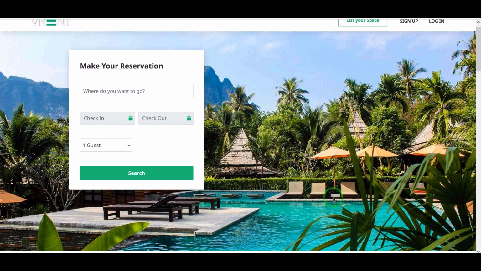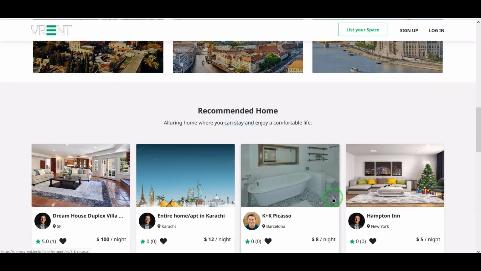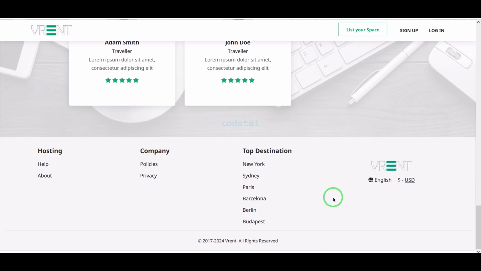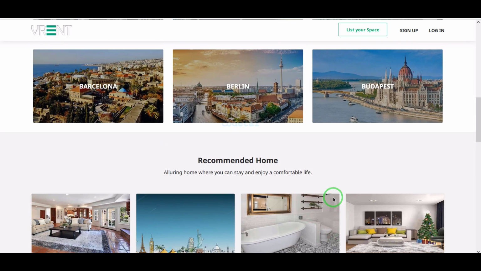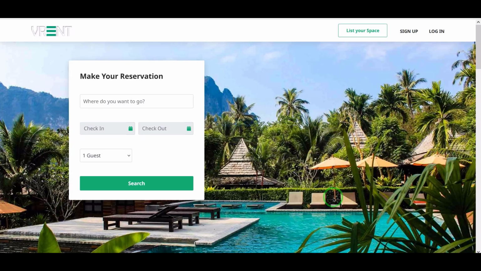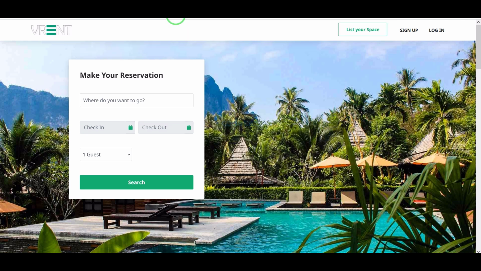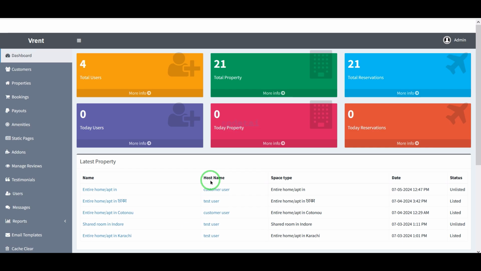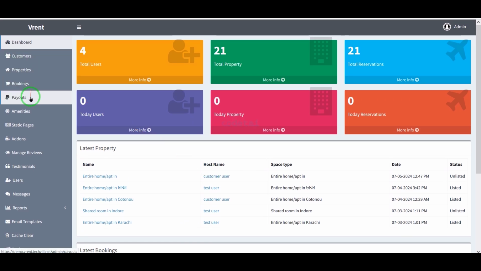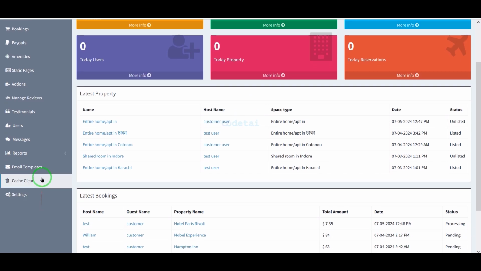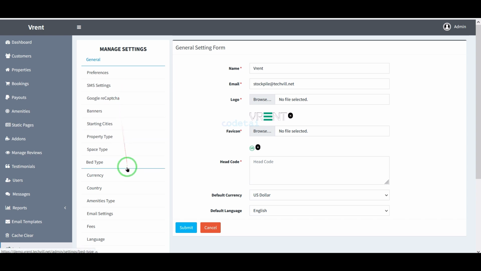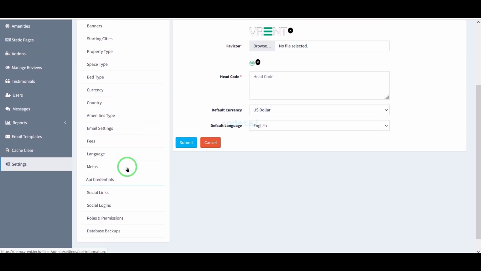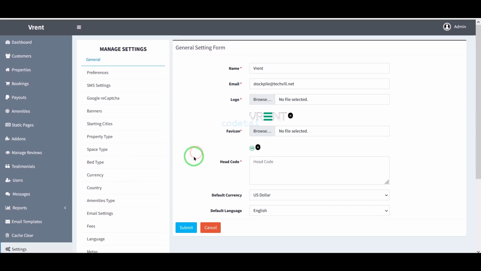In this video, we will learn how to create a vacation rental marketplace website. We can easily create such a vacation rental website using premium source code. We are getting a powerful admin panel to manage this website. We can control all the features and functionalities of the website step by step through the admin panel. Because you are getting all kinds of feature sections to control this vacation rental website, no need to worry because